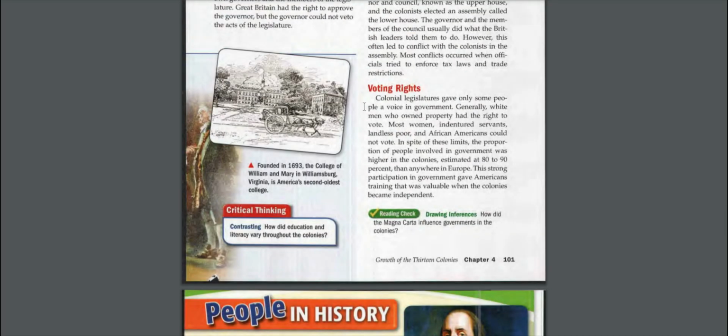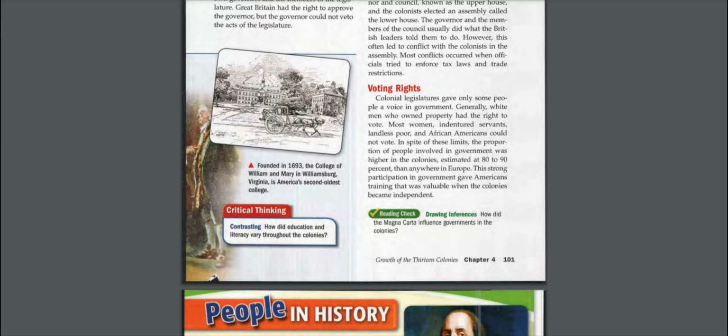Voting rights. Colonial legislatures gave only some people a voice in the government. Generally, white men who owned property had the right to vote. Most women, indentured servants, landless poor, and African Americans could not vote. In spite of these limits,